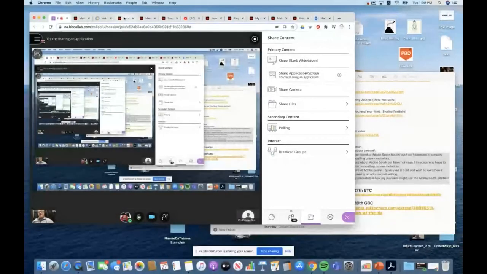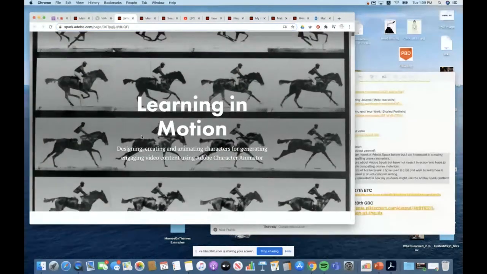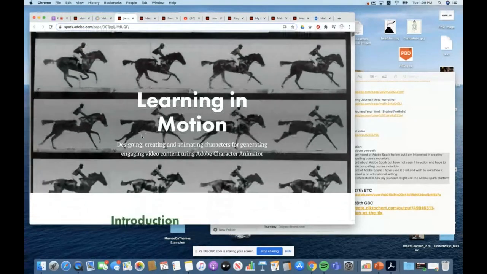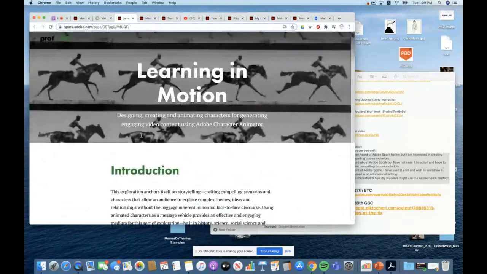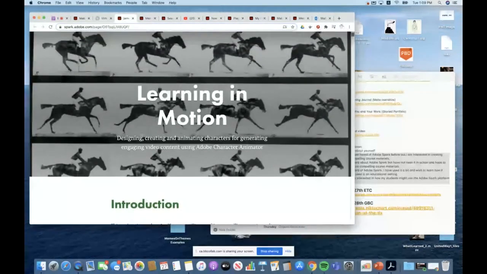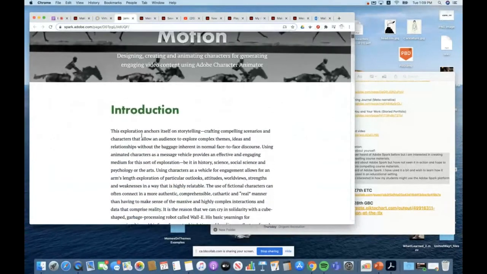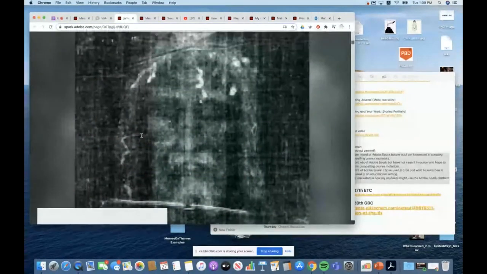There we go. And so in this first example, this is course material that I give to my students, and this is for a character design and animation course that I teach. I'm at the Center for Art, Design, and Information Technology at George Brown. And this is a website, also called a presentation. And you can see that it's got this lovely parallax scrolling, how you can see how the text is kind of layered over top of the graphic as it moves. And this is typical of the kind of materials that I give my students.